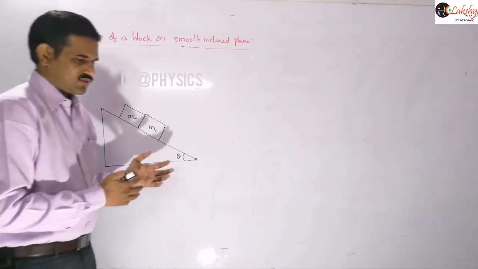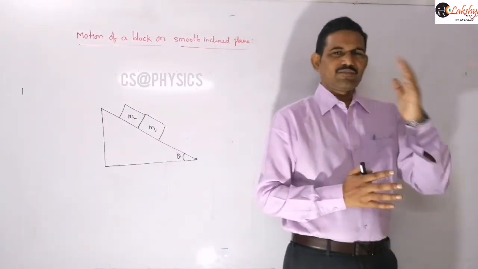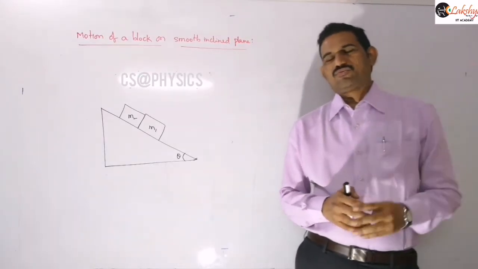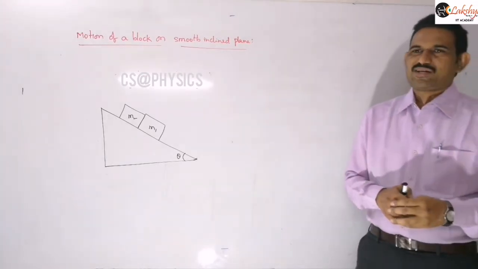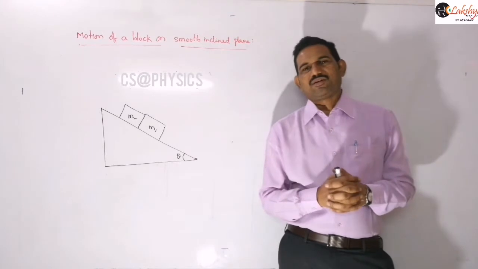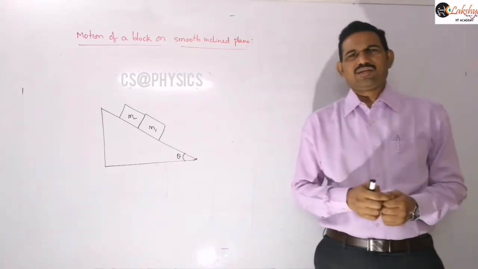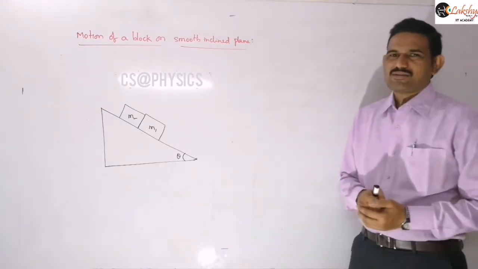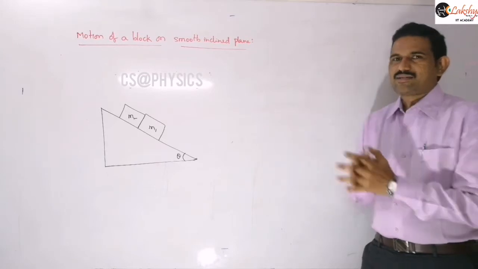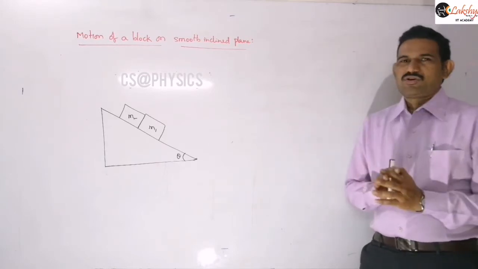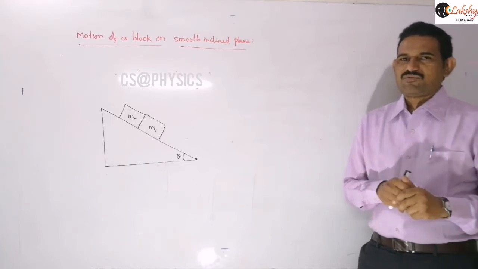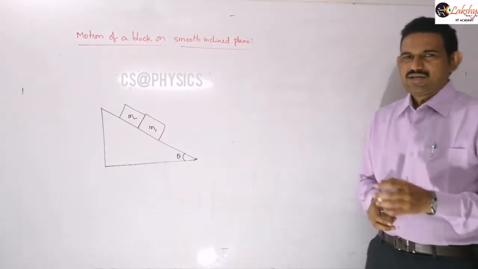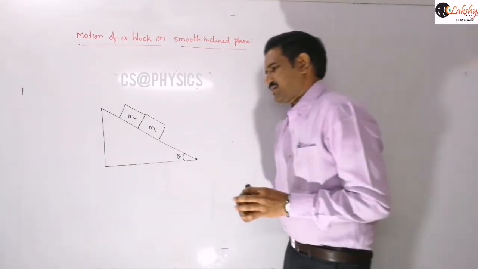Now, as we discussed in our previous classes, there is a direct method, a way of writing the acceleration of the system directly. We mentioned it in the case of blocks in contact and blocks connected by strings. So in this case also, first let us write the acceleration directly, so that you can answer about the normal reaction easily by taking a free body diagram of any one of the blocks, or otherwise you may consider the free body diagram of both the blocks.